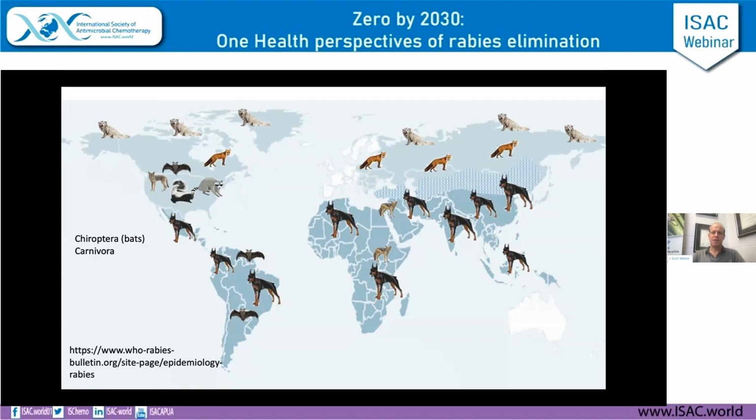Canine rabies is the most common cause of human infection and human death, and it's dominant in areas where those deaths occur. So Asia and Africa. If we look in some other areas, we see Arctic foxes. And in North America, we've got a bit more of a complex epidemiology. In the New World, we have bats, a variety of bats. And bat rabies is much harder to control than terrestrial rabies.